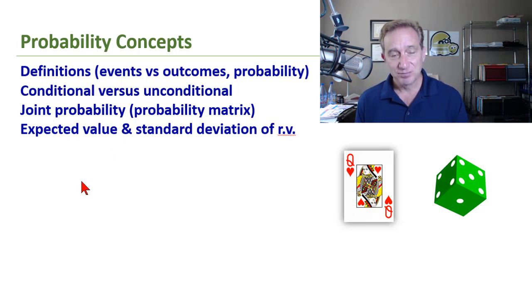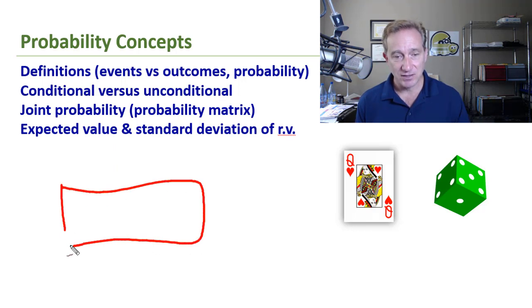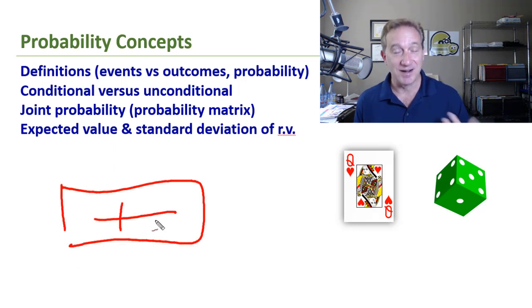joint probability. And then I'll show you my favorite way to wrap these all together. I didn't invent it, but I think the best way to look at it is with a probability matrix, where inside the cells of that probability matrix we have joint probabilities, and outside we're going to have unconditional, aka marginal probabilities, and that will allow us, if specified, to really retrieve any of these probabilities: conditional, unconditional, and